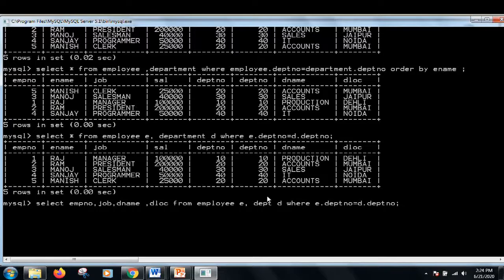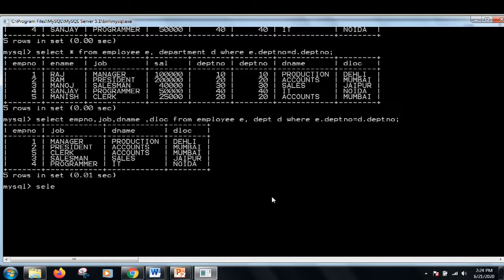So in this query you will not get all the columns; only these selected columns will be given in the output. One more thing I want to tell you is that in this query, if you write a column that is common to both tables, then it must be written with its table name, the short name which you have given.